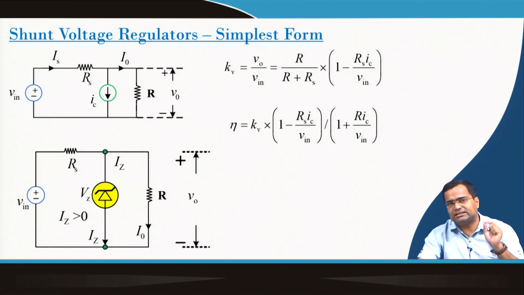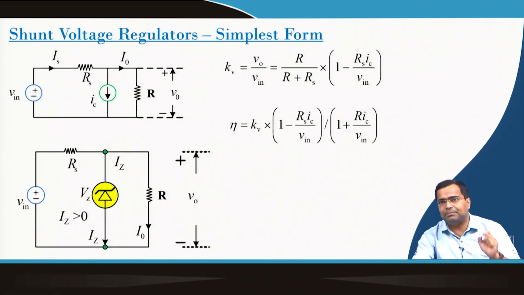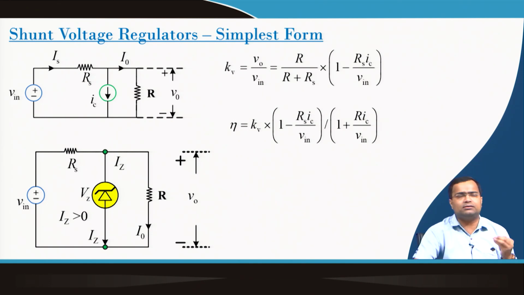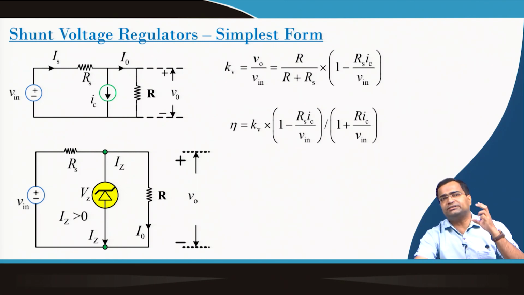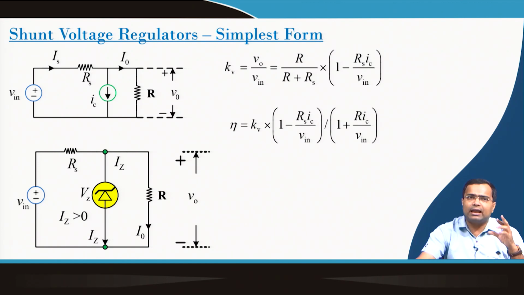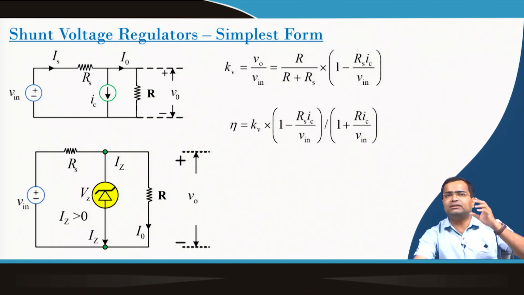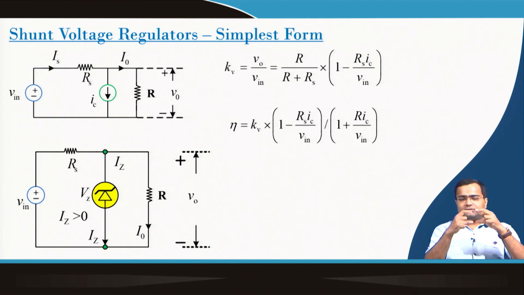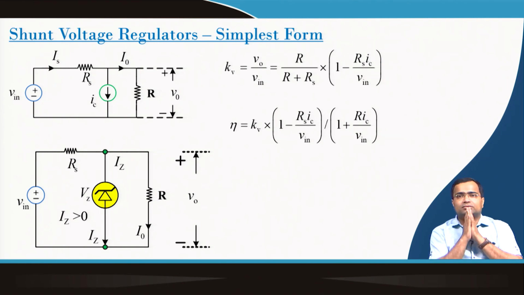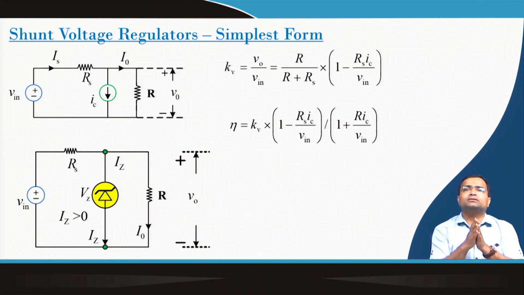So, the simplest example here, we can replace this current regulator IC with a Zener diode, where the voltage across the Zener diode can be maintained, and whatever the residual current is goes to the load resistance. That means the Zener voltage will be constant, and the current passing through the Zener diode will be such that the output voltage will be maintained.